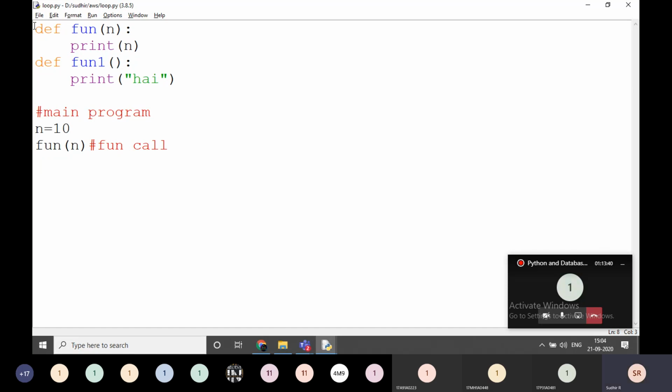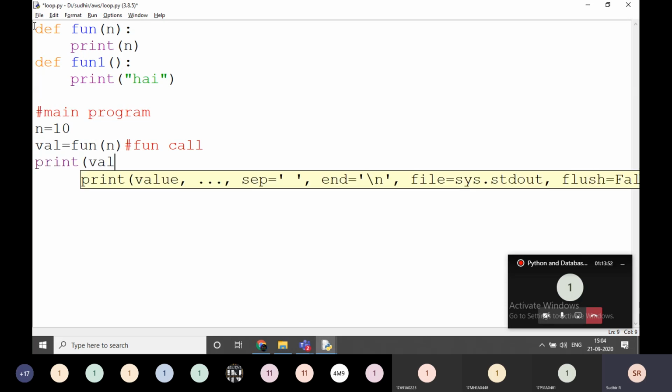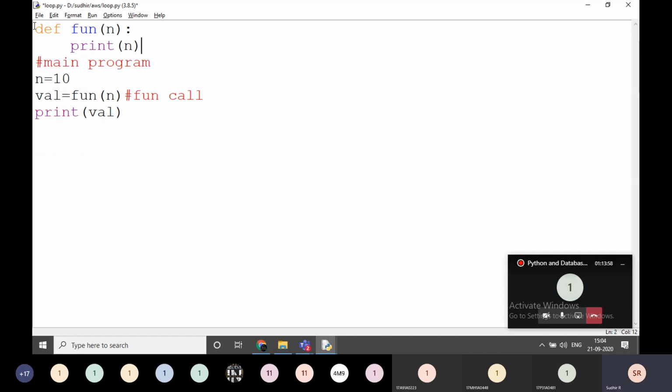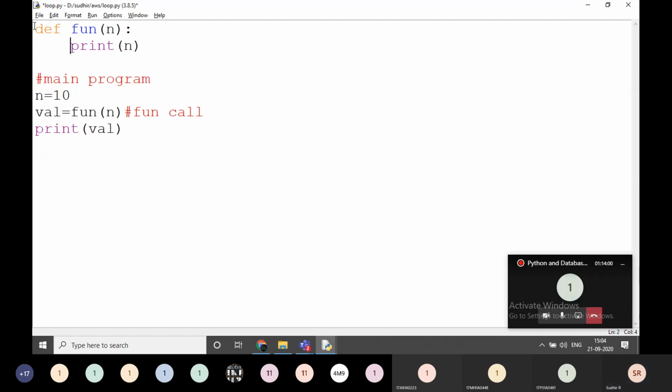This is a function, and this is only a function without return value. For example, I'm going to write some value is equal to val. We have to use some return keyword, some n plus 10.